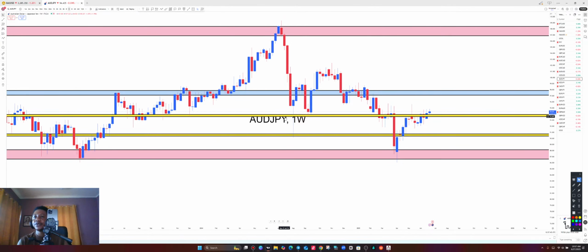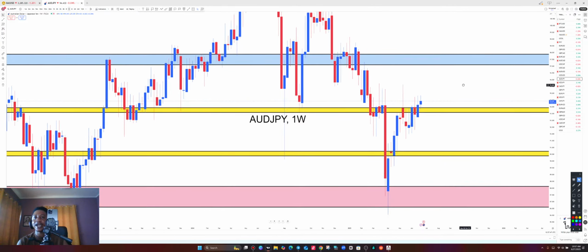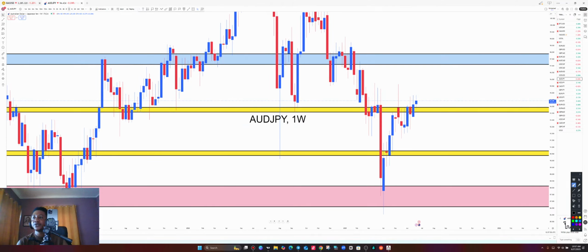All right, so this is the weekly time frame of AUD JPY. On the weekly time frame, we have the weekly upper zone and then the weekly lower zone. Number one, we are seeing that price has been able to break above the weekly resistance level, meaning that we have a free range to go all the way to the next monthly resistance level here to complete